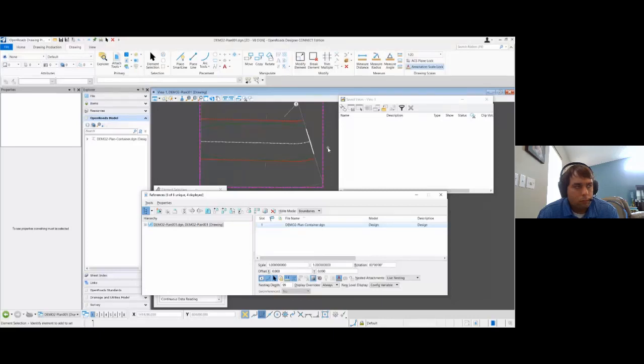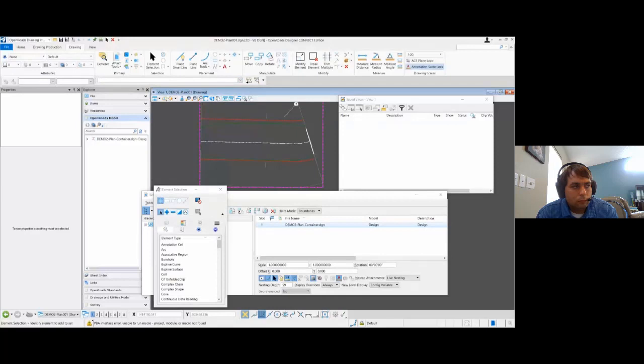Now there is one other thing I wanted to quickly talk about, and that is a VBA that Bentley has released to help with level control. But you'll notice when I try to run this, it doesn't work if you have that do not override variable set.